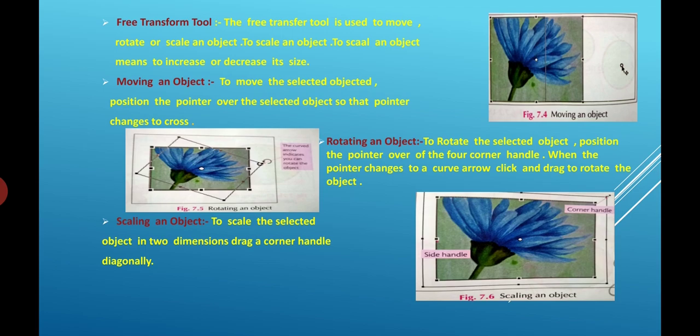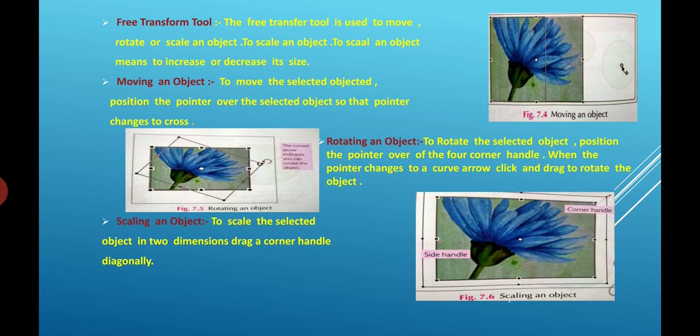Now rotating an object. To rotate the selected object, position the pointer over the four corner handles. When the pointer changes to a curved arrow, click and drag to rotate the object. Now, last one is scaling an object.